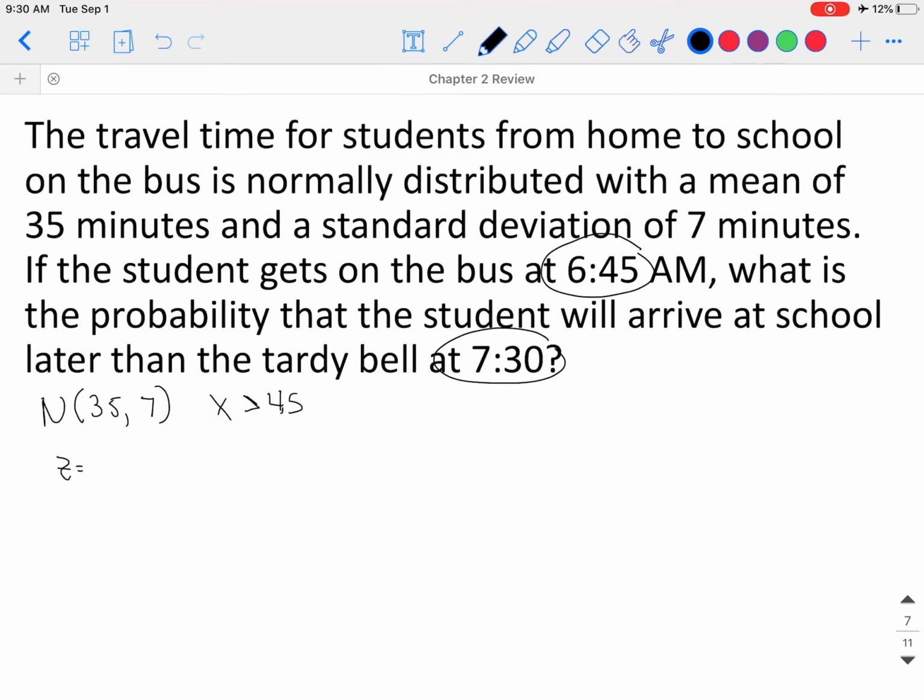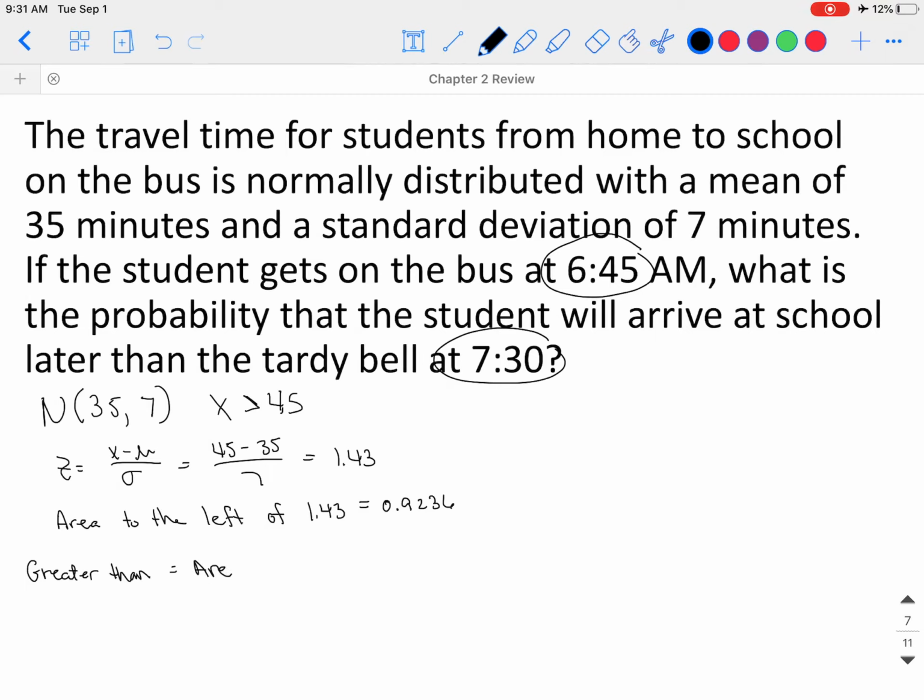So first thing we need to do is find our z value. So we have 45 minus 35 all over 7. And that's going to give us a z-score of 1.43. Now, if we find the area to the left of 1.43, because remember, on the table, it's always going to tell you the area to the left, or the probability less than, we're going to get 0.9236. But we want to find greater than,